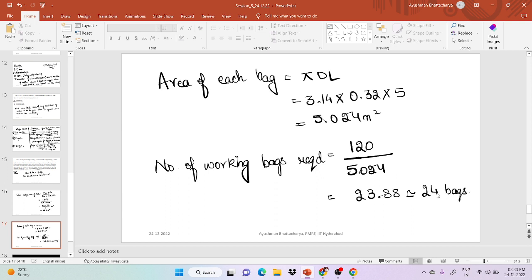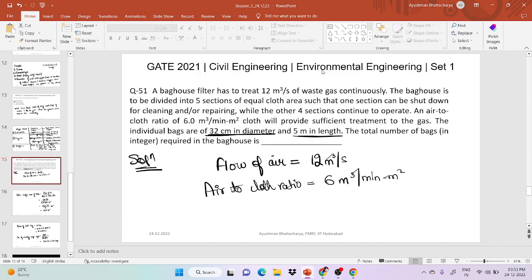Okay. So now these 24 bags, and in the question they have also mentioned that the bag house is to be divided into 5 sections of equal cloth area such that one section can be shut down for cleaning and repairing, while the other sections continue to operate. Okay, so